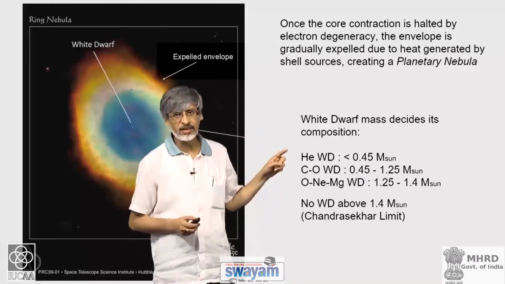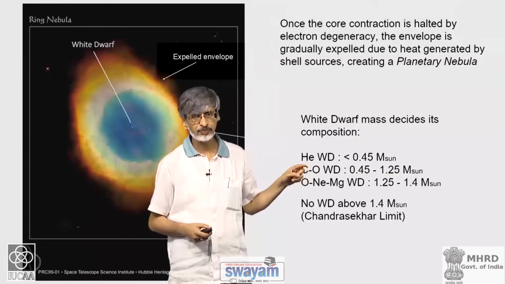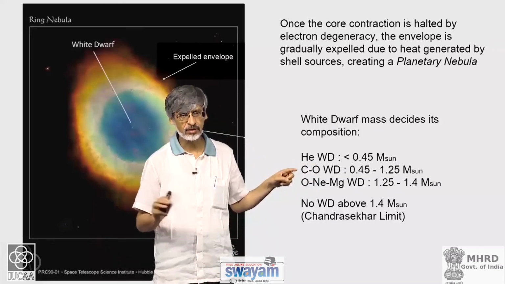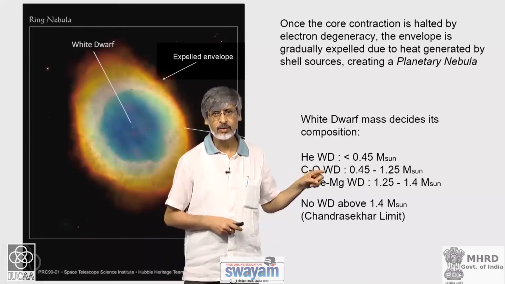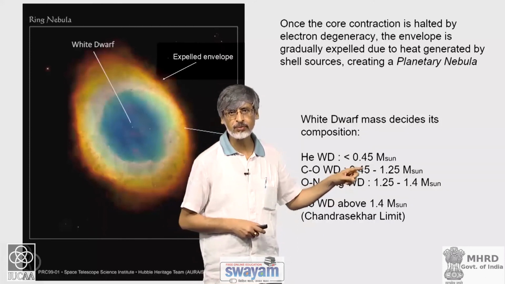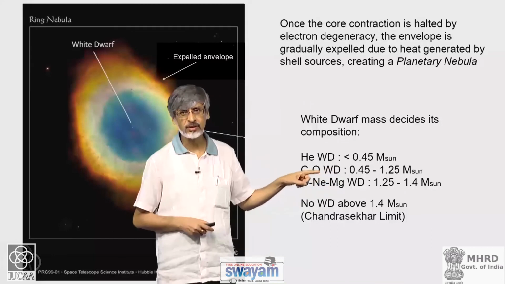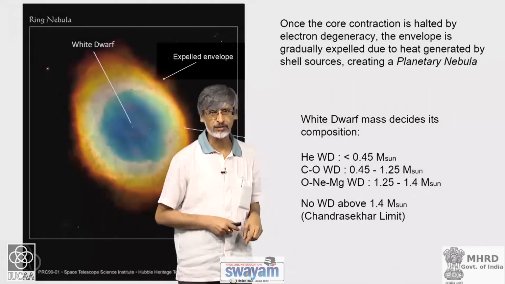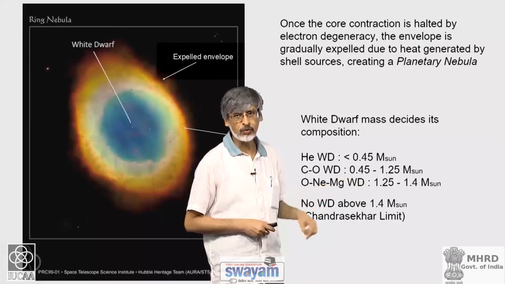If the mass exceeds it, then it is able to undergo one more stage of nuclear burning. So, helium burns into carbon and some amount of oxygen. So, if the core mass is between 0.45 to 1.25 times the mass of the sun, you are left with a white dwarf of composition which is a mixture of carbon and oxygen. If you go even higher, above 1.25 solar mass,